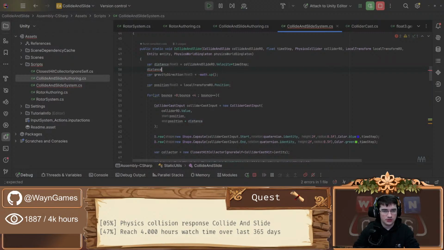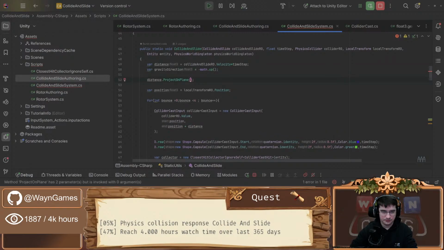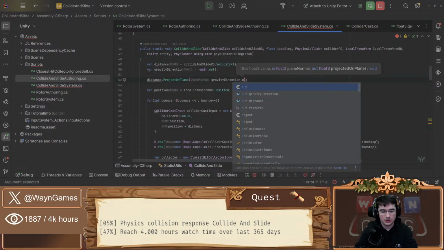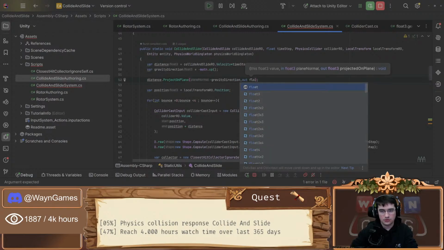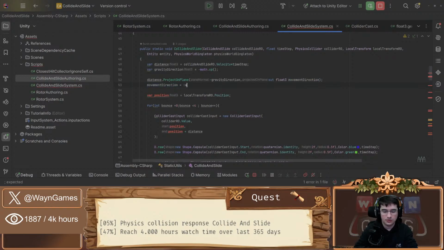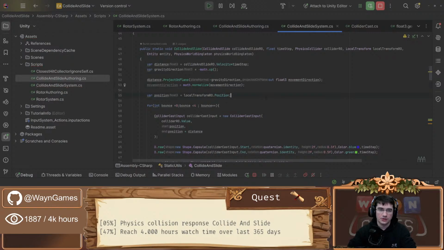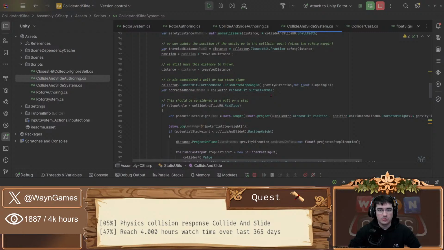So let's do distance dot project on plane. Plane normal will be minus the gravity direction, and I will out the float3 movement direction, and this one will be normalized as so. So that's my movement direction, and every time I'm